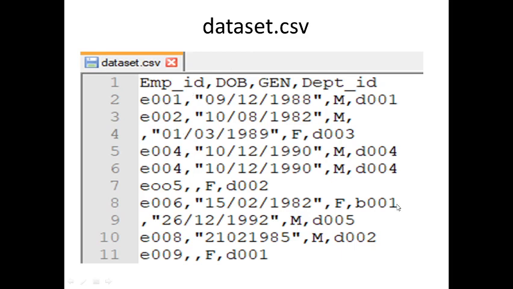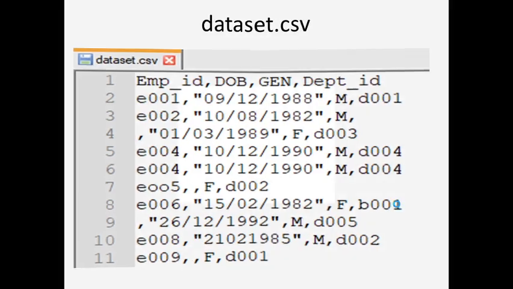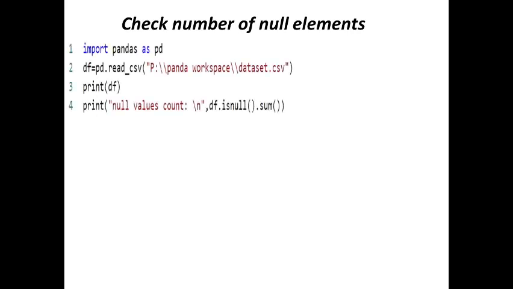So first we will load this data to data frame and then we will check for improper data or missing values. So first of all, let's check number of null elements. To check number of null elements, first load data from CSV file to data frame. This we have already discussed how to load data from different resources to data frame. So using read CSV function, we are reading data from CSV to data frame. So here data frame name is df. We are printing value of this df